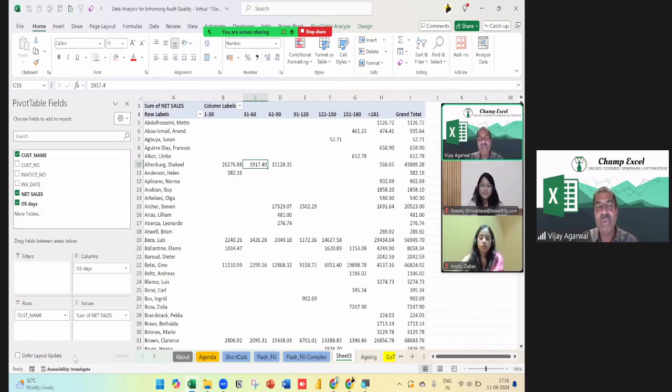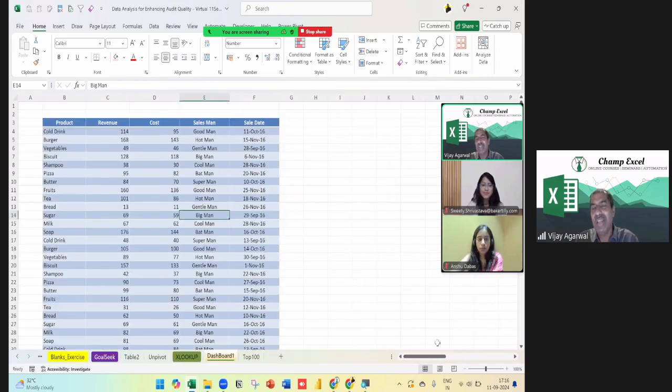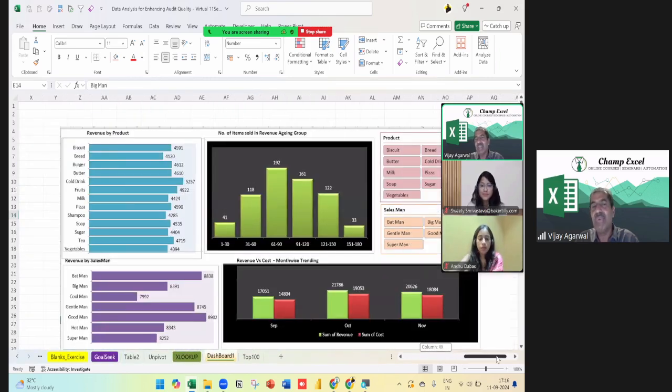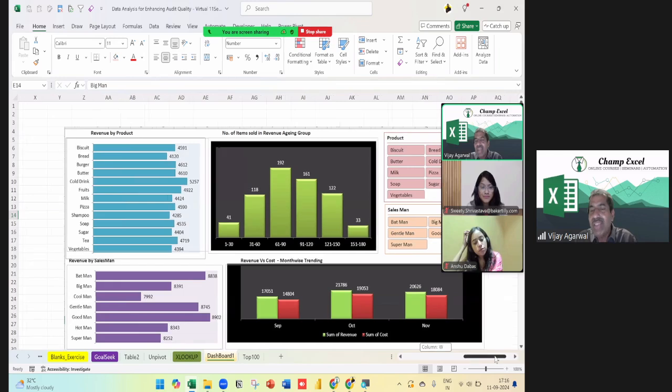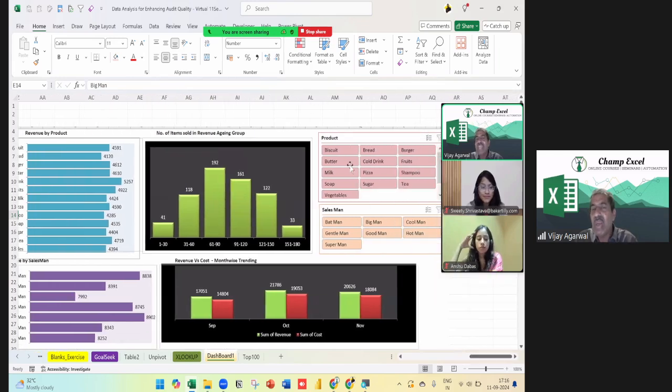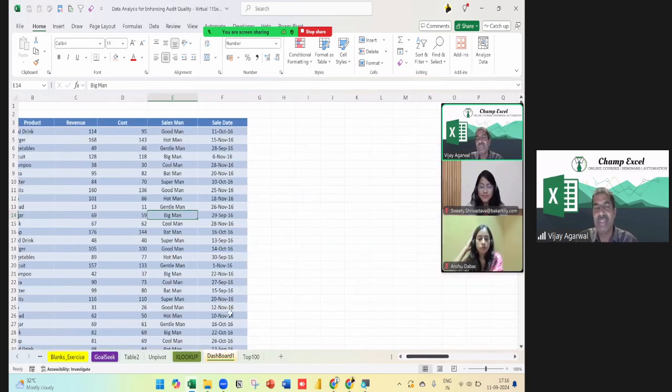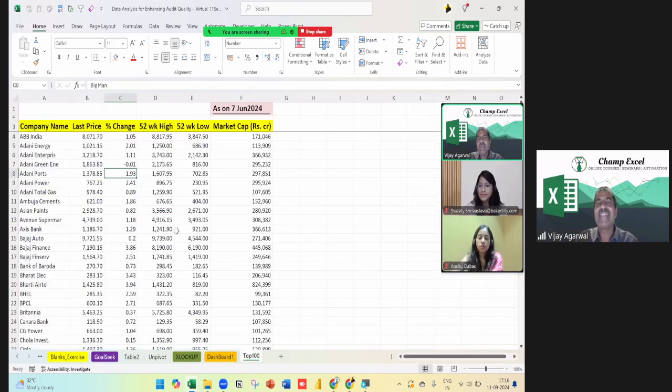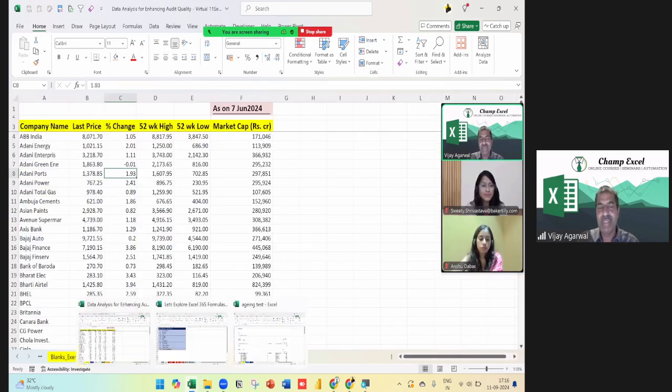Now, I'm going to show you something in Excel 365, how Excel 365 is going to work. There was something on dashboards also, but I don't think we have time for the dashboard. This is called the dashboard. Once we have data, we can click on the product and automatically my chart and analysis is going to change. But now let's see. I'm going to show you something in Excel 365, a few formulas.